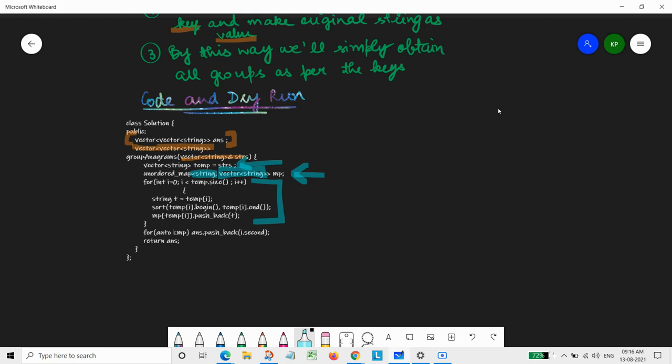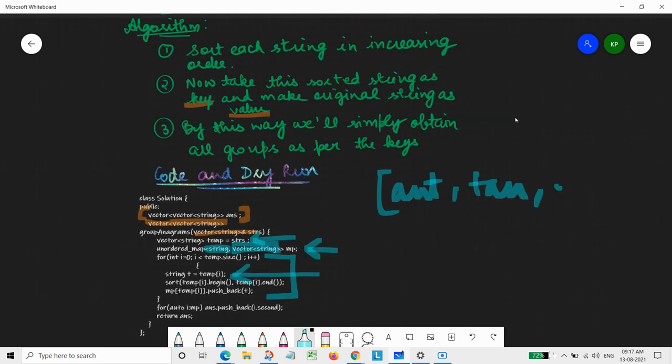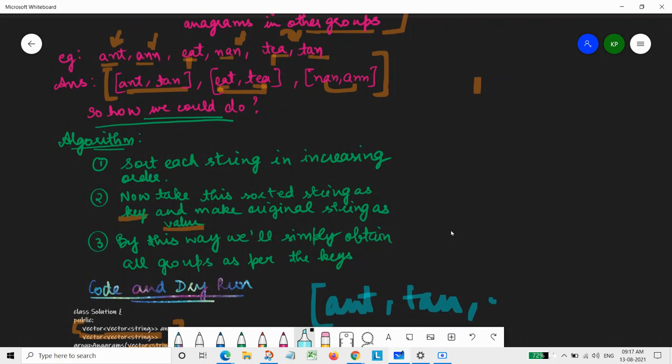While traversing, we will have a string T in which we will store each of the strings in the vector. Take our first example: ant, tan, and let us take more: eat and tea.